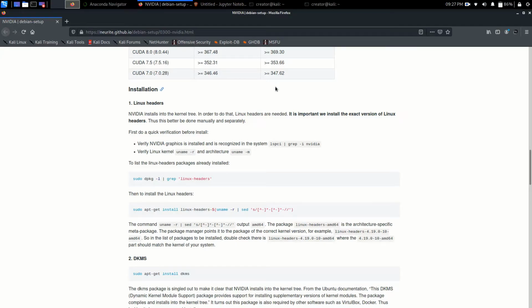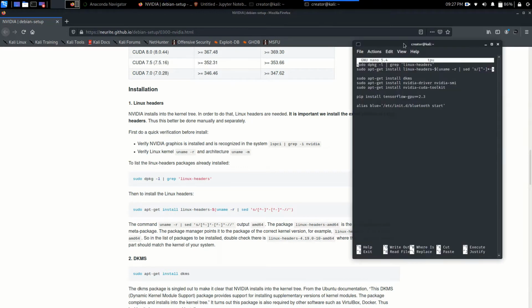Now let's move on to this website and simply copy paste the commands. Most of the commands are going to be the same, but some commands are going to be different, so we are going to take a look at them in a while. The first command is basically to grab the Linux header, because first of all we need to install the Linux headers as well as the Linux firmware that is going to tell that, hey, this firmware supports NVIDIA. So let's simply copy paste.